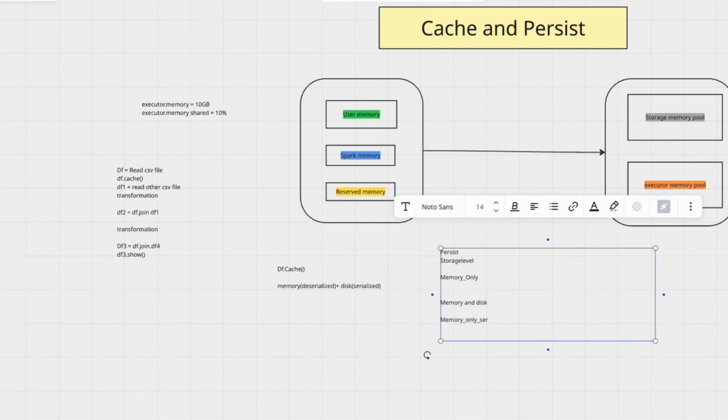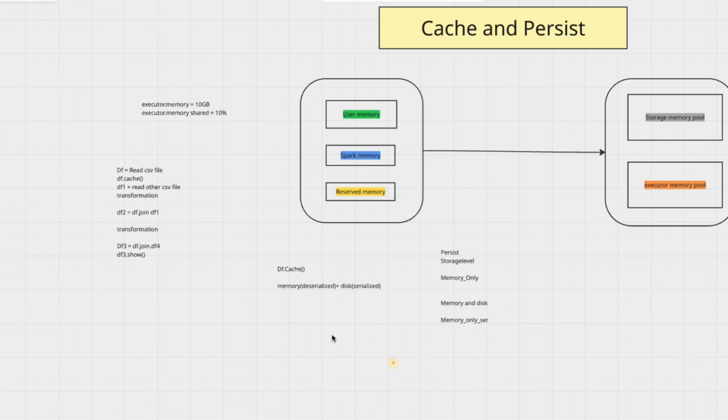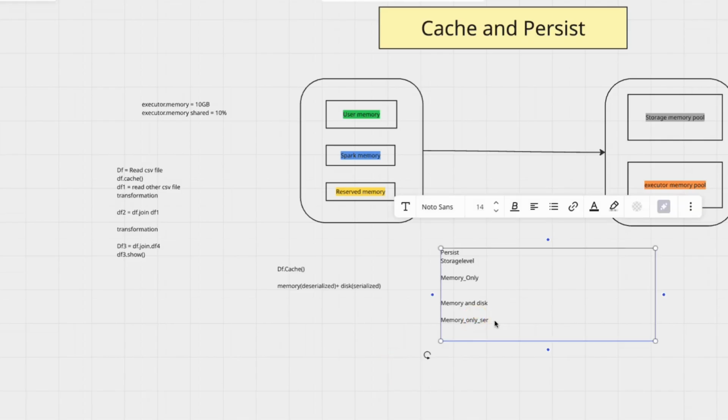Fine. We want to store the data only in the memory, but not in a deserialized fashion, in the serialized fashion. So what will be the advantage of that? It will occupy less space. But when you use this data, it will not be as fast as the memory only parameter. In the serialized way, less space will be used, but the processing will be a bit slower compared to memory only, because the data is serialized. So while using the data, you have to change the serialized data into deserialized. The other is memory and disk